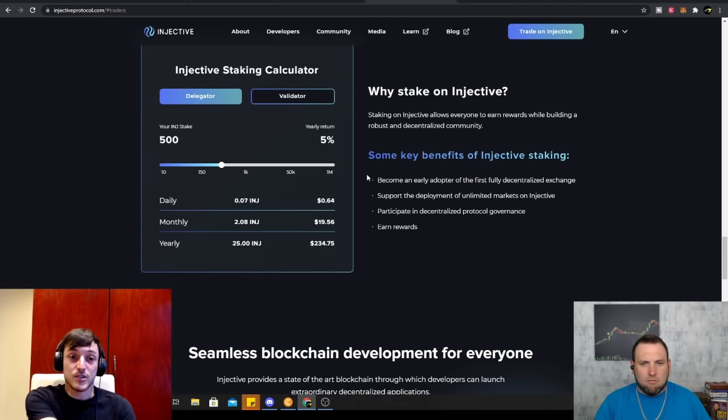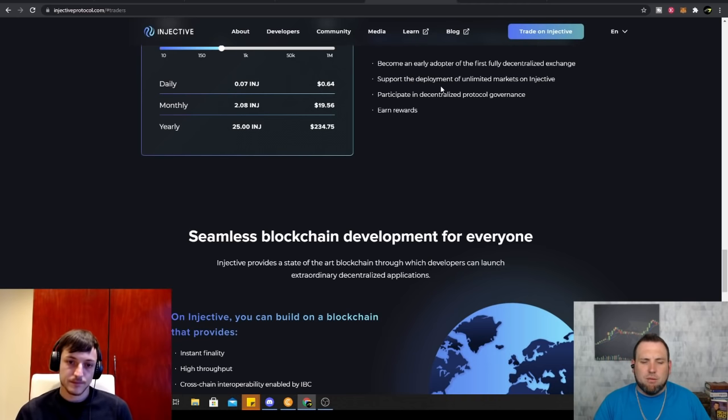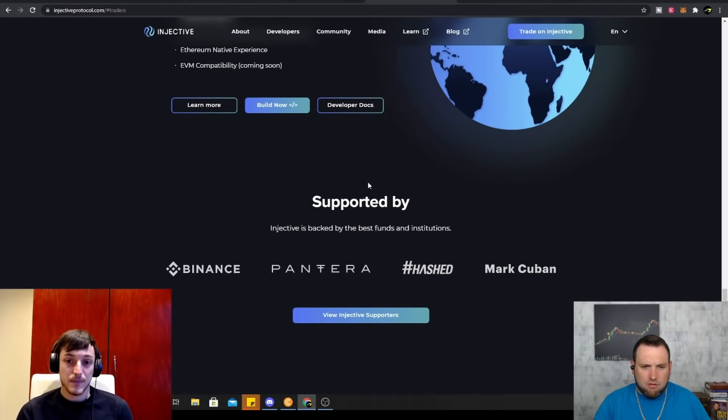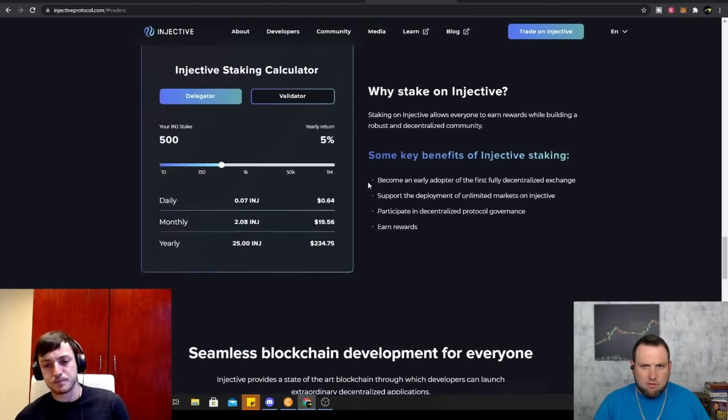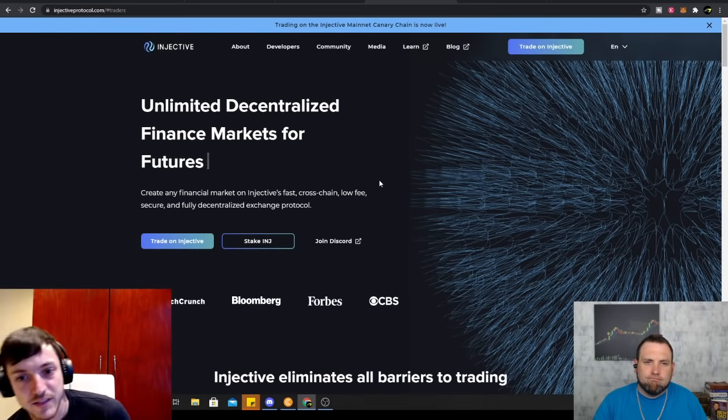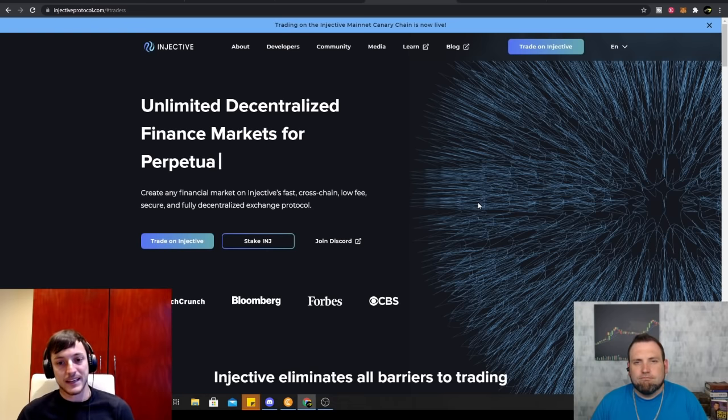So I haven't looked into Injective staking too much. Last I checked, 5% a year. Yeah, it looks like it is there. I'm guessing you'll be able to provide liquidity to this exchange. Yes, I imagine you would be able to. I think they pull their liquidity from other places as well, so it's not just that you have to lock up tokens on Injective. I think they source liquidity from other applications, for example, and that means they can have quite deep liquidity. As for the synthetic assets, maybe that's something people can provide liquidity to by creating the markets.